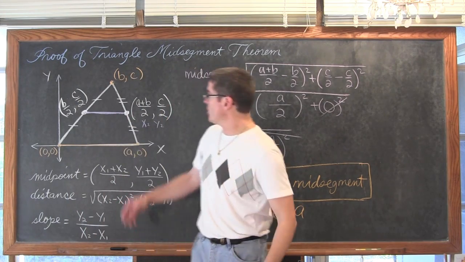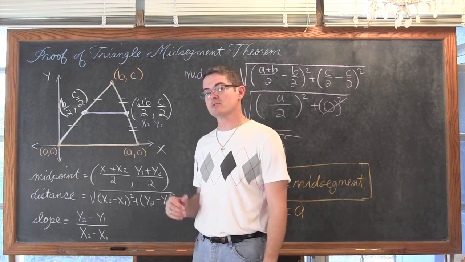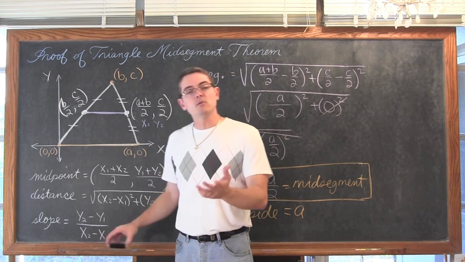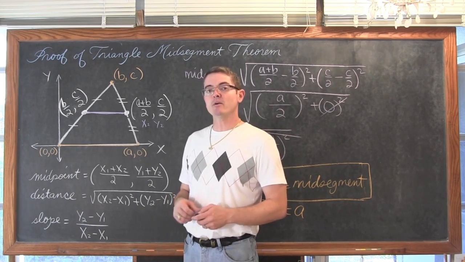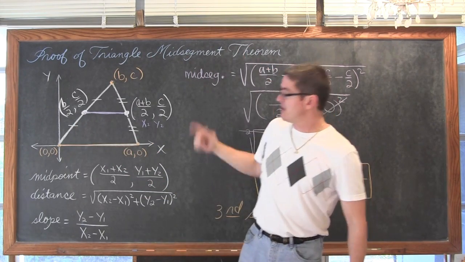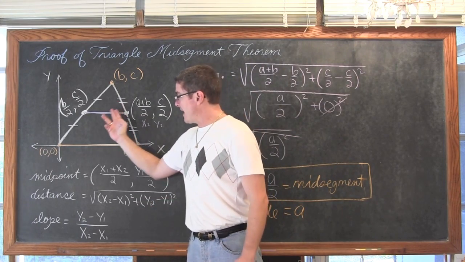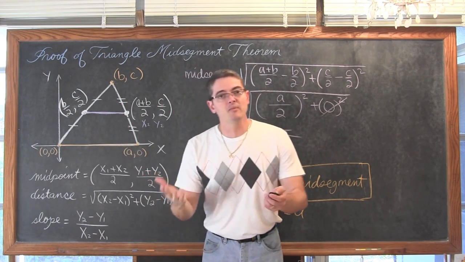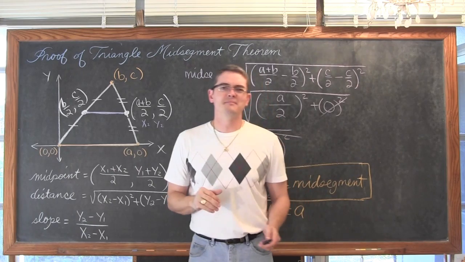We showed that the slope of my midsegment and the slope of my third side were both equal to 0, and those equal slopes meant those lines were parallel, and that means I'm done with the proof. The midsegment theorem says that the midsegment is equal to half of the third side, and it's parallel, and I'm Mr. True. Bam! Go do your homework.